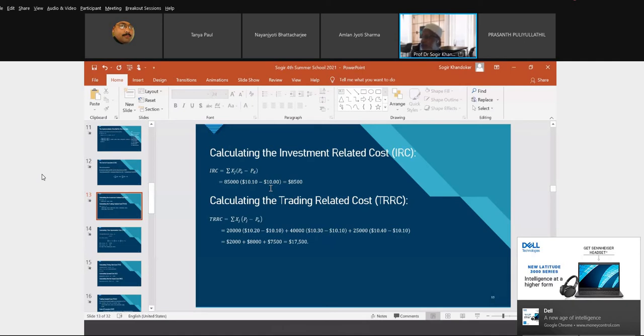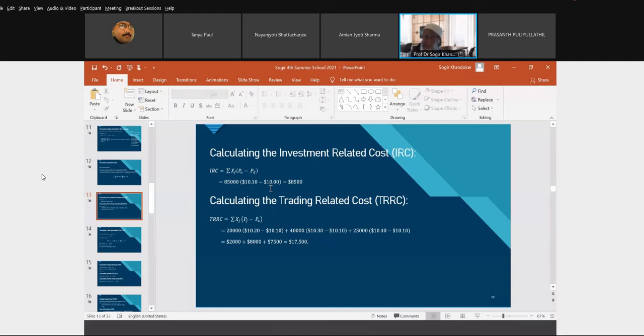Similarly, the trader is not able to complete all purchases at one price, that is P1. If the order is filled at multiple prices, P1, P2 and P3 respectively, with different quantities, as observed in this example, the trader incurs an additional cost known as trading related cost. This price gap at each trade from the original price is considered an added cost for the trader, which is not normally considered as part of the cost.